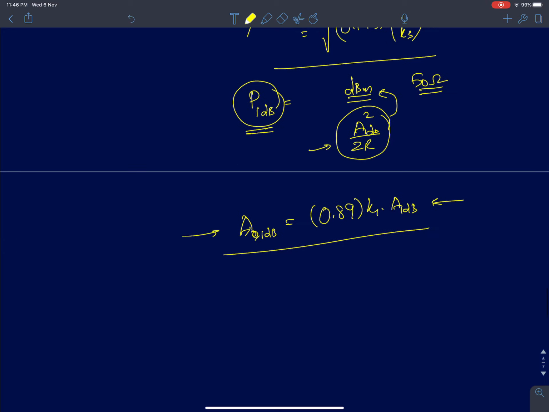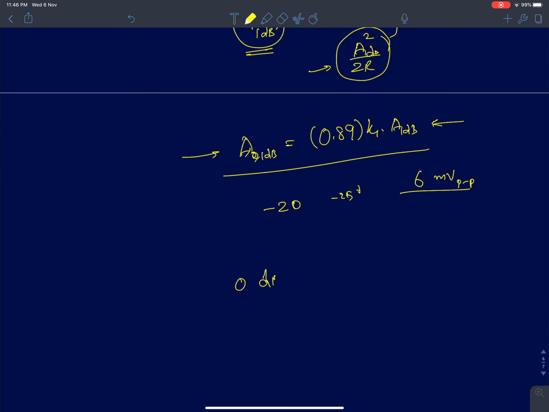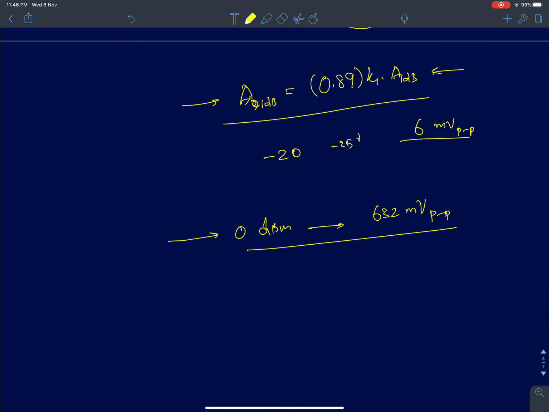For receivers, typically this number is around minus 20 to minus 25 dBm, which turns out to be in the order of a few millivolts peak to peak, some 60 millivolts peak to peak or so. I'll just use this conversion. For example, 0 dBm corresponds to 632 millivolt peak to peak. This is the result, you can remember this. So minus 20 dBm,